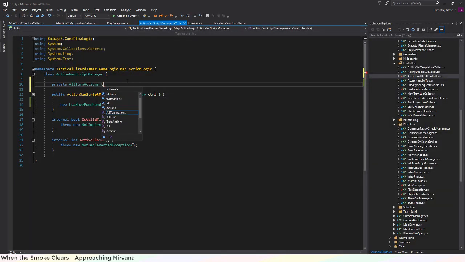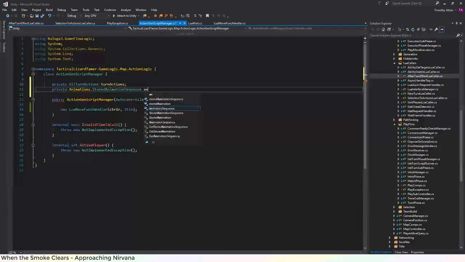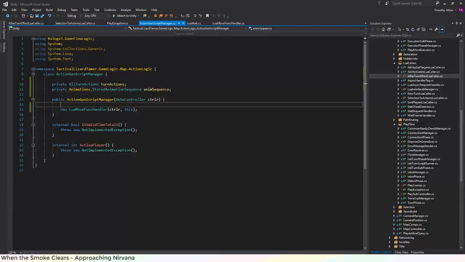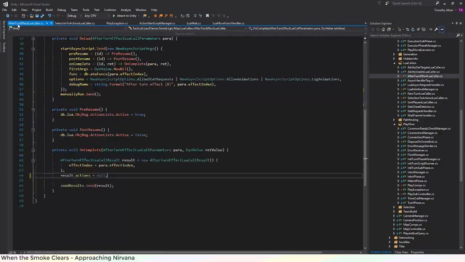So turn actions and the animation sequence. This will kind of remember. This class will actually insert the actions that it's passed. Speaking about that, actually,